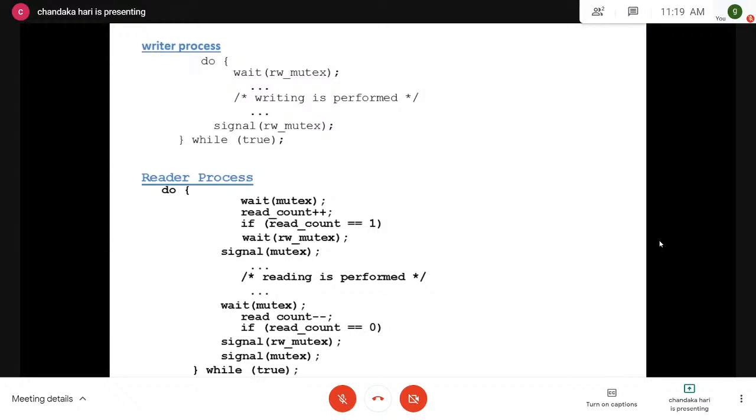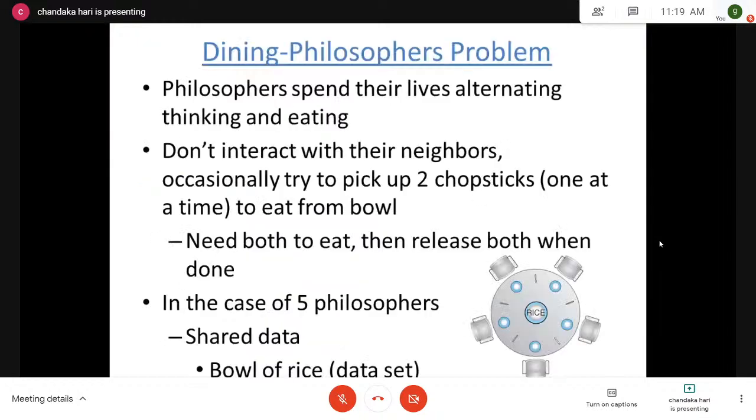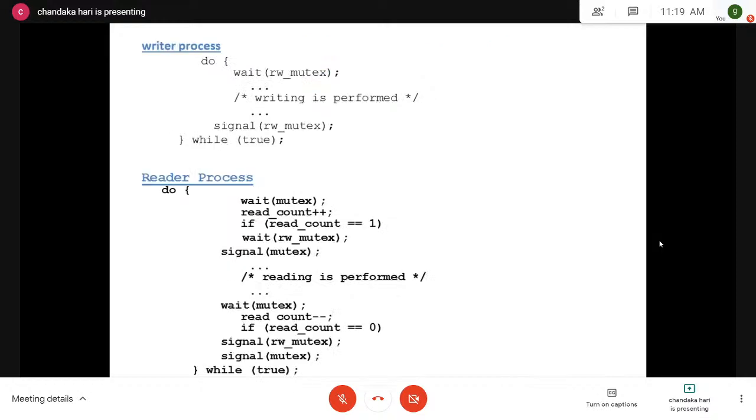After performing the read operation, I again need to decrement the value of read count. Before decrementing, first of all, I need to obtain the semaphore variable of read count, which is mutex. So you need to get that semaphore variable, and after that the read count value is decremented. If read count is equal to 0,